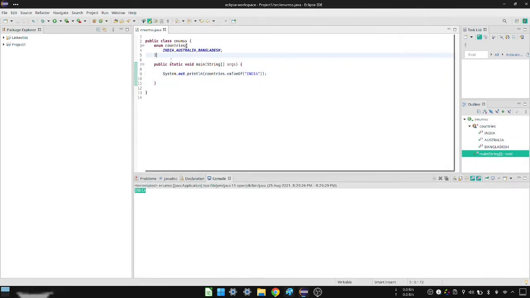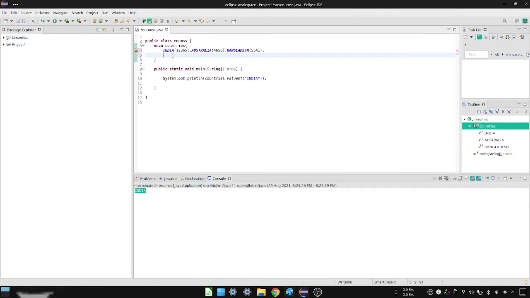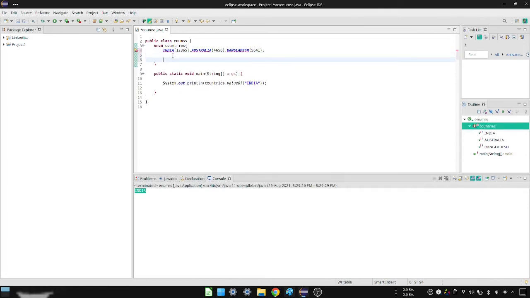Now if we want to have some other value inside it, let's assume this is having its population. Let's take any number. So this is having another value. Now the problem we are getting here is that an enum can be treated as a class, and we are not initializing it.